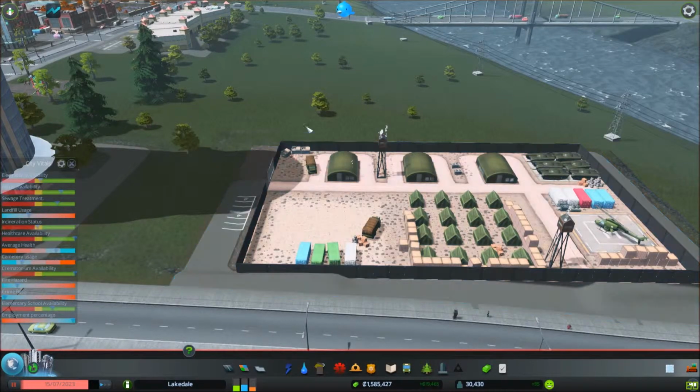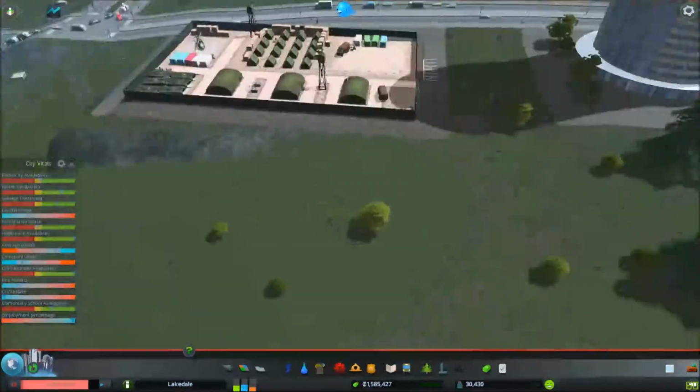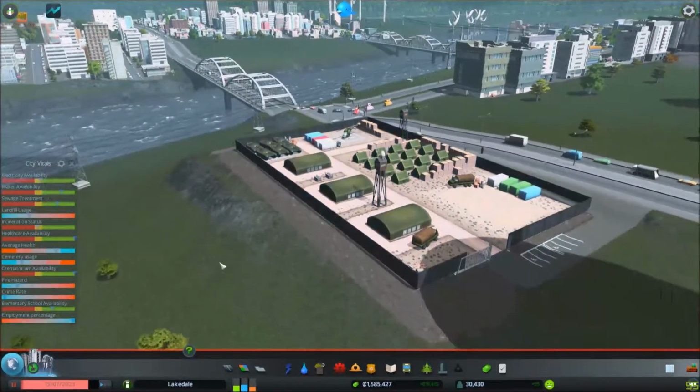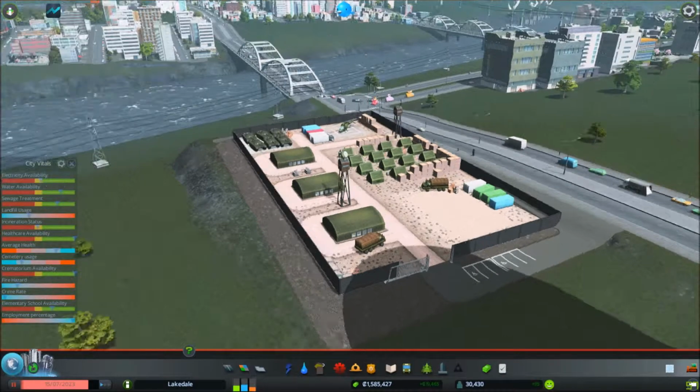Next up is this military base by Cheese Curls. It's actually several different things: a main mod, or asset, and then several different props in order to have the tanks and the helicopter and that kind of thing in here. I haven't yet figured out exactly when I would want to use this,